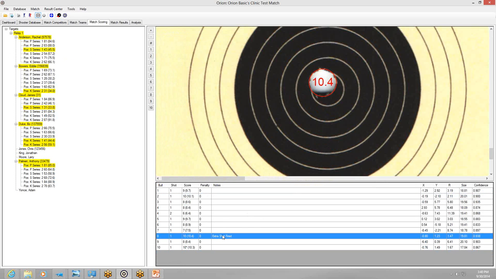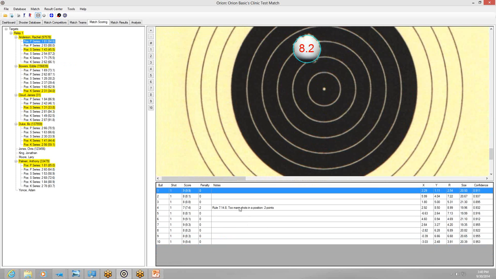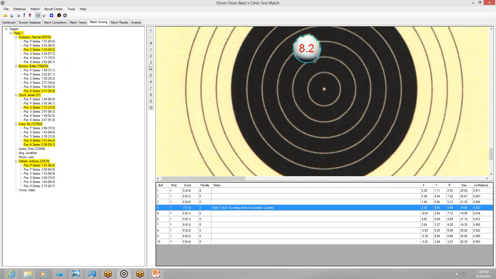When I do that, Orion marks it as an extra shot, and I can go back to the Prone Series 1, and we can see it's a 2-point penalty. The penalty in this case is always assigned to the lowest value shot in the first series. Next up,